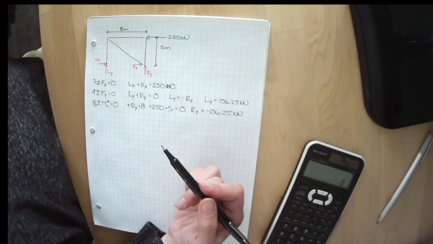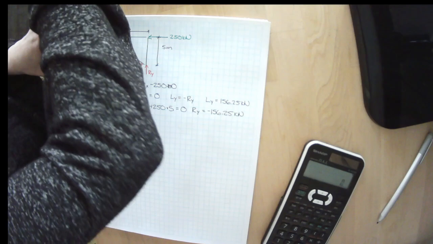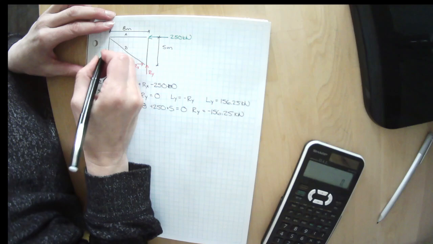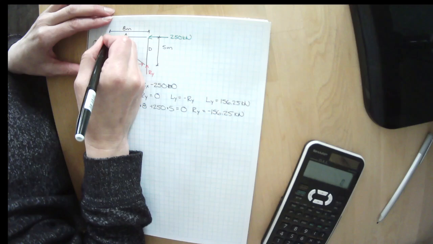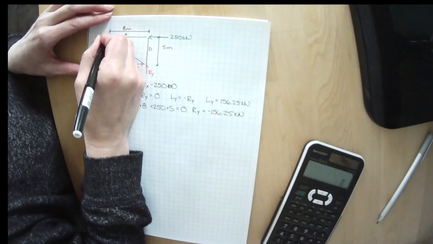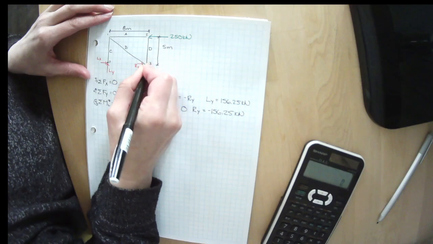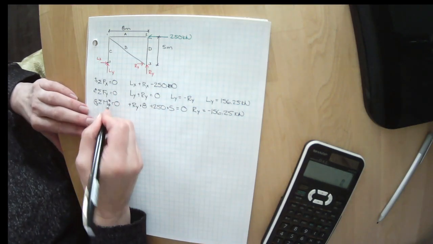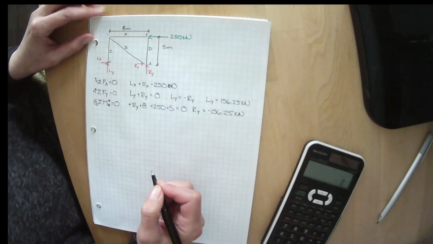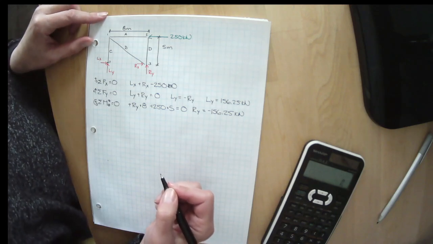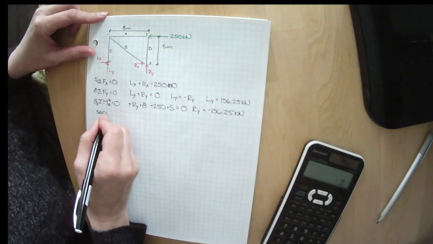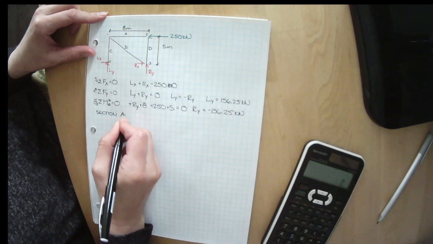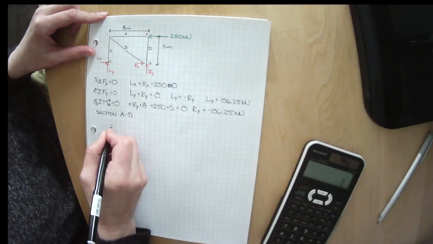Let's go through and label our nodes here. Let's label them A, B, C, and D, and we'll label our nodes 0, 1, 2, and 3. So I guess we technically spun that about 0.0. Let's start going through doing our method of sections. I'm going to do a section through AD. So section AD,